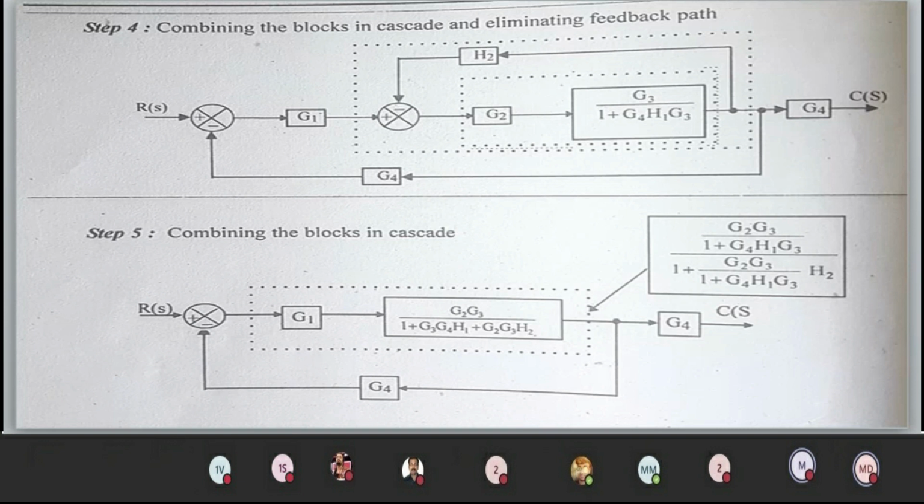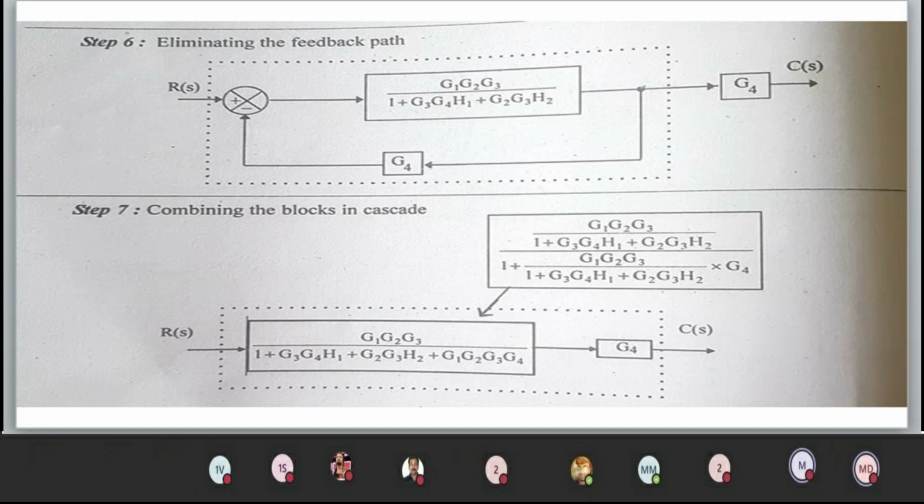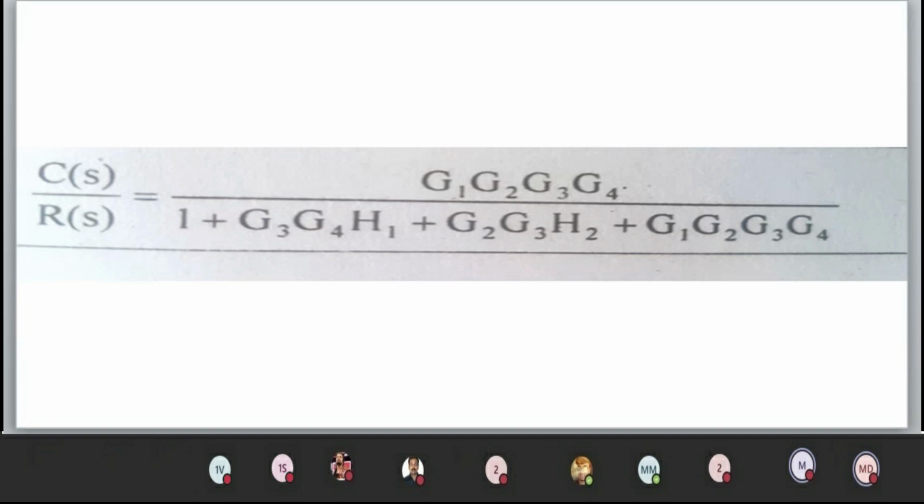Now G1 is connected in cascade with the other block. You just multiply together, and then you have a feedback which is G4. So you use G divided by 1 plus GH. With that, you will be getting this block. And finally, you have 2 blocks which are connected in cascade, multiply. So this gives the final result, C of S by